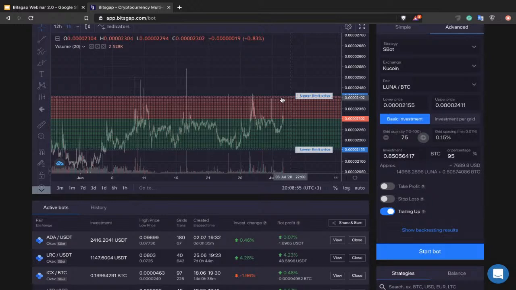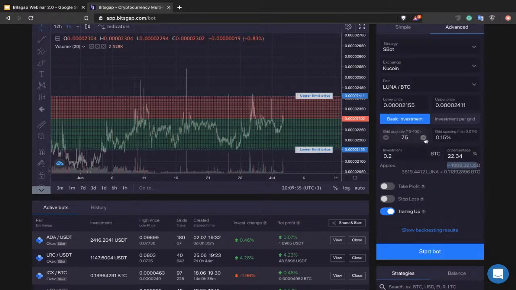So notice that I have a wider buy zone and a narrow sell zone. That means I must have more of the quote currency and less of the base currency to initiate this bot. To be precise, that's 15,000 Luna and 0.5 BTC for this setup. If I want to have a total investment of 0.85, I can have it down to maybe 0.2 BTC. And in this case, that's a total investment of